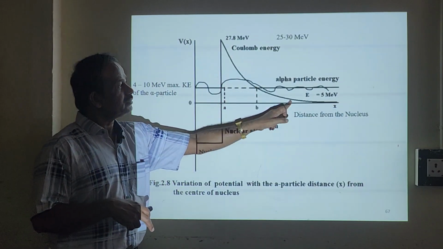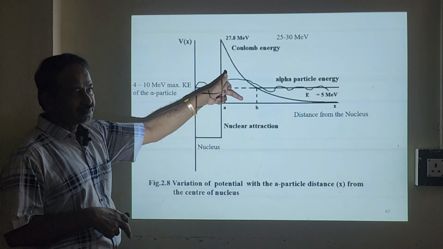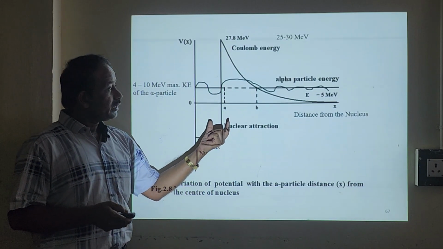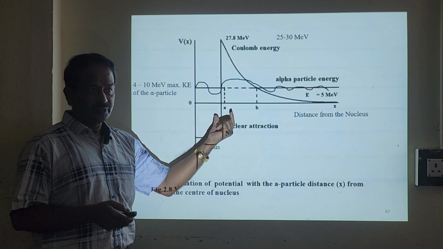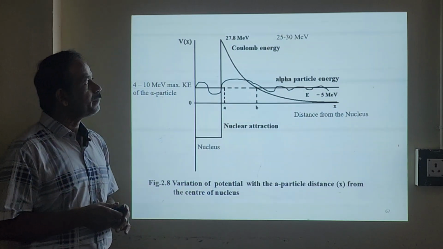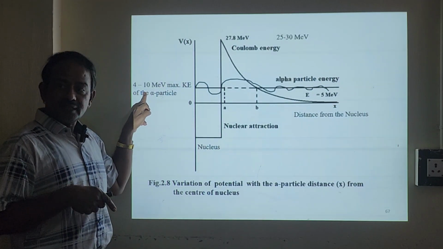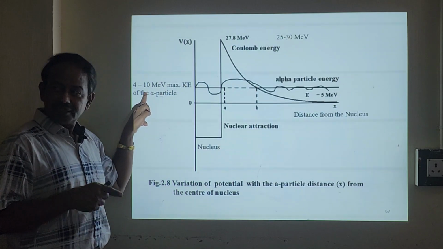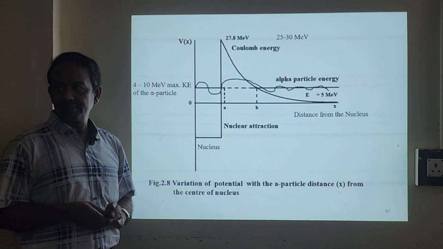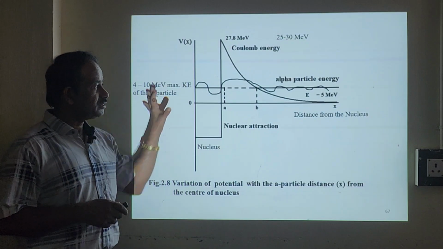So this is the barrier. From right from the beginning, these are all barriers. Of course, it depends on the width of the barrier. We will see that later. So this is the idea. Because the kinetic energy of the alpha particle is very small, but it is associated with a wave, there is a chance of passing through the barrier, though the potential barrier height is very large. This is the idea behind it.